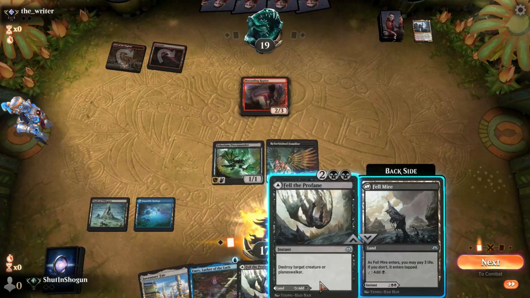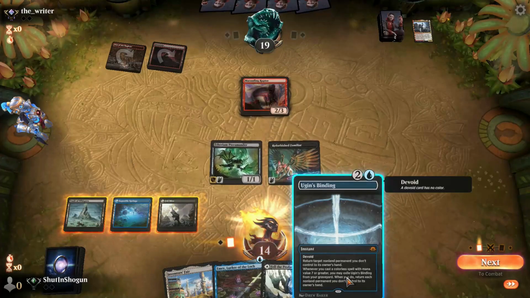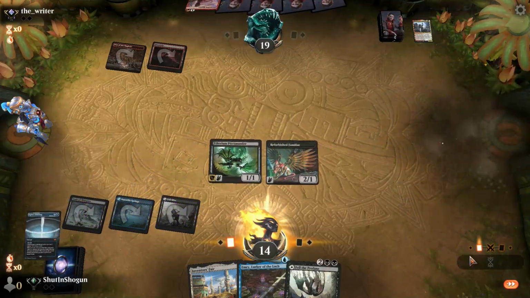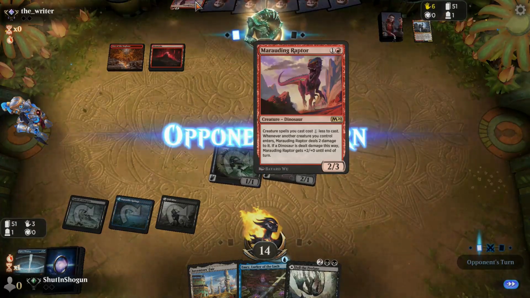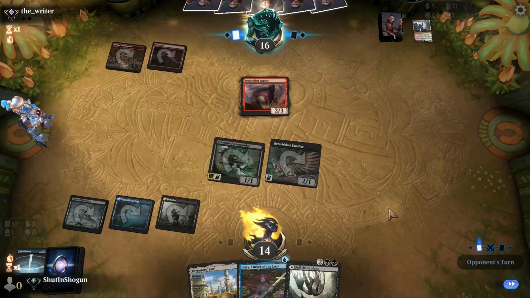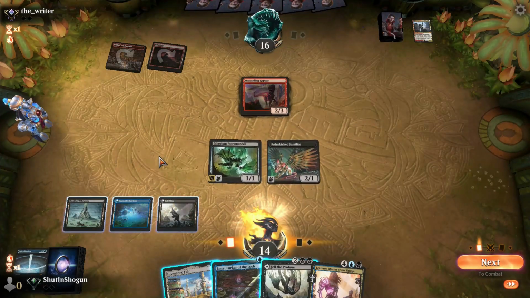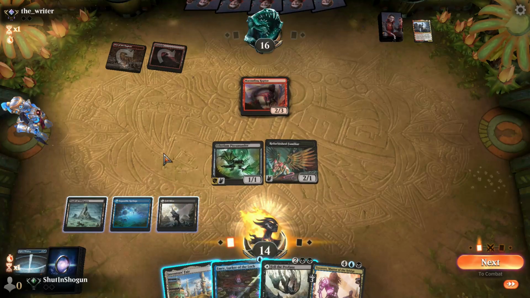This might seem odd, but I think I'm gonna Shock in the Fellmire, and I'm gonna Ugin's Binding their Raptor first off. I don't want them to get any use out of the cost reduction or maybe the Enrage Enabler, because this card actually sees somewhat, you know, air quote, somewhat consistent play. And honestly, we're doing really good here. I don't think we need to dilute